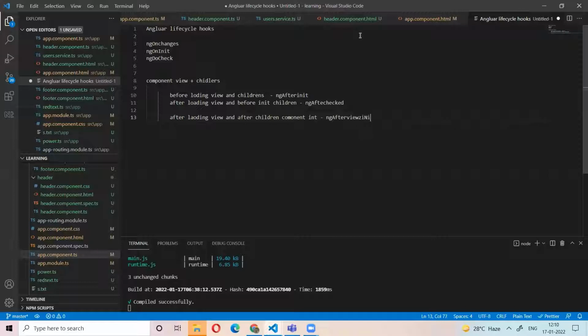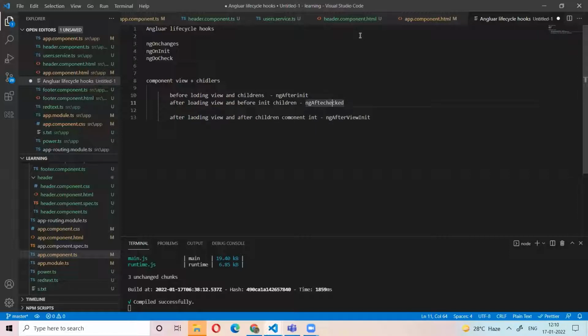That means the child component data is still not loaded; only the child component class is initialized. Then ngAfterViewInit will load. Okay. Do people understand?